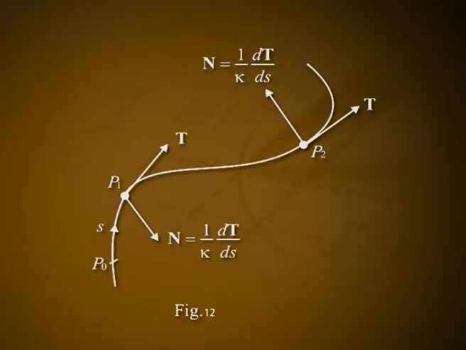The vector dT/ds points in the direction in which T turns as the curve bends. Therefore, if we face in the direction of increasing arc length, the vector dT/ds points toward the right if T turns clockwise and towards the left if T turns counterclockwise. In other words, the principal normal vector N will point toward the concave side of the curve, figure 11, because